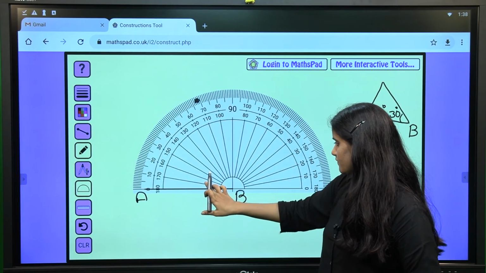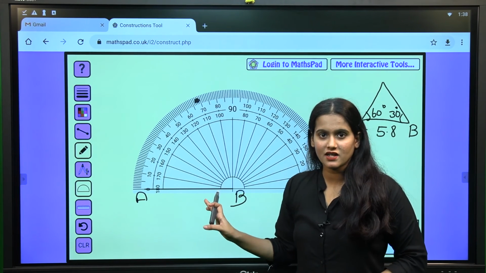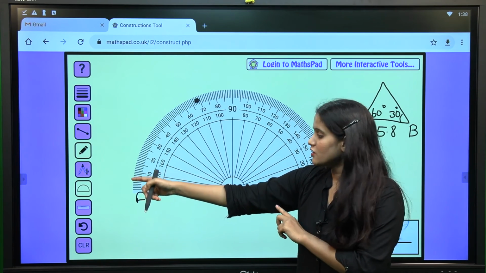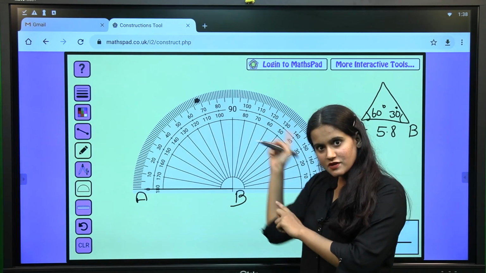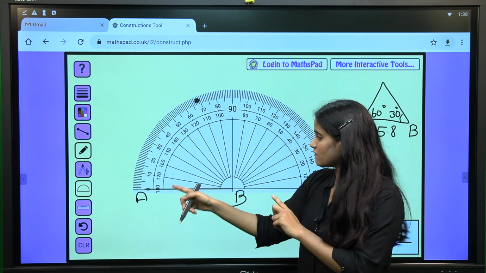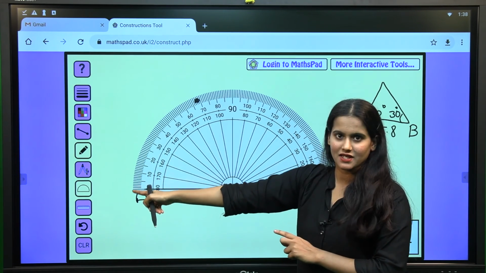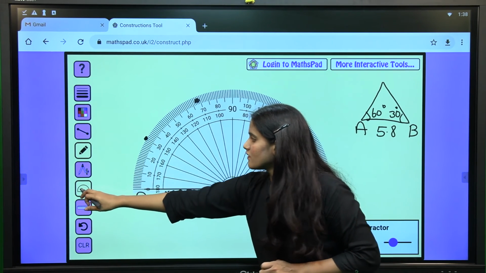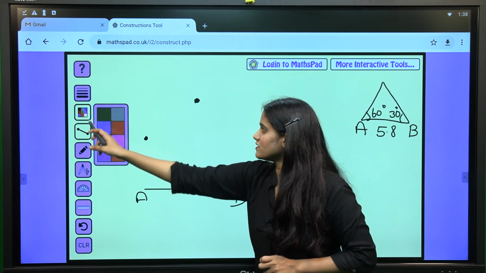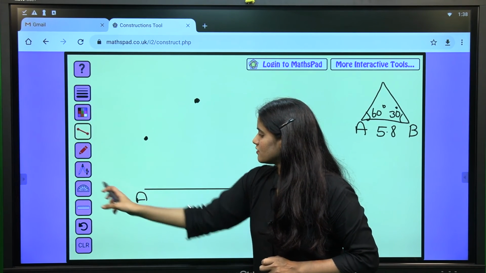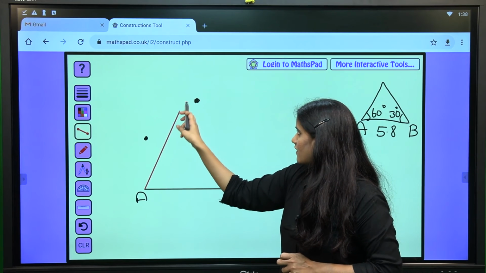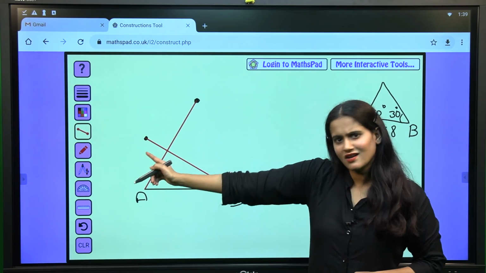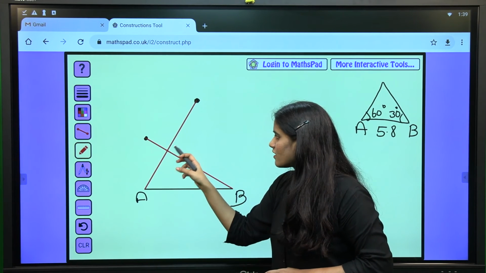Okay. See, when you are looking for 30 degree, you should not look here. You should look from here. So always remember, if there is a point, the scale should start from the opposite side of the angle. That's why for B, the opposite is this side. So from this, just mark 30 degree. So join these 2 points, point A with this point, B with this point. You get an intersection point. That intersection point you can name as C.